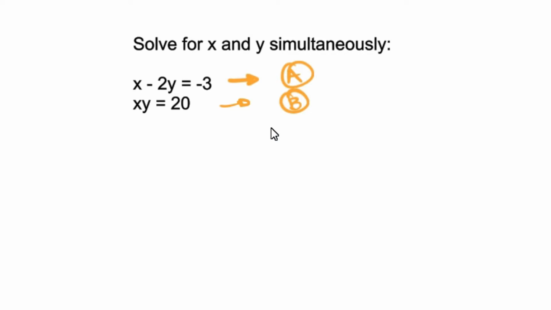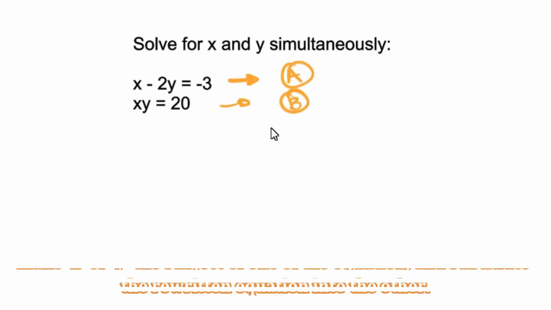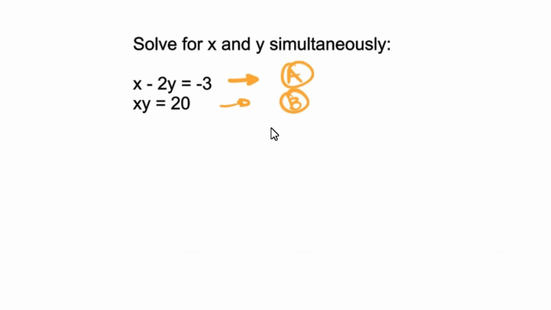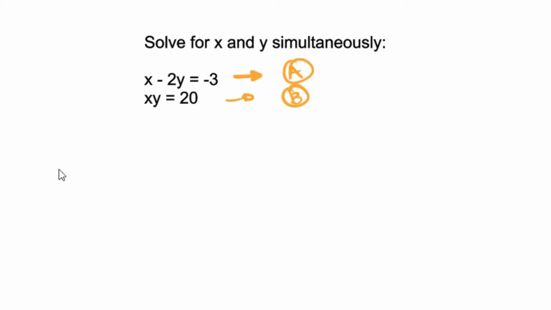Now, whichever you're comfortable with, you will take one of the equations and simplify it by making your x or your y the subject of the formula, then substitute it into the second one. So we're going to try it for both equations, right? Let's start with the first equation, x minus 2y is equal to negative 3. I'm going to take that and rewrite it. So we have